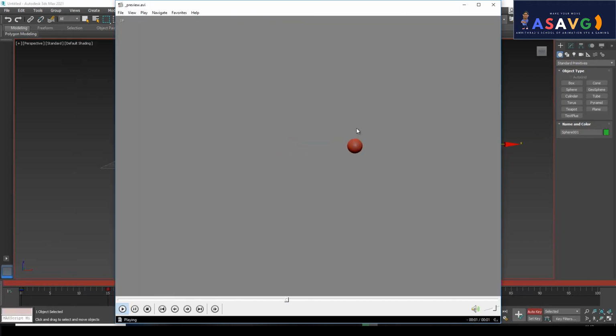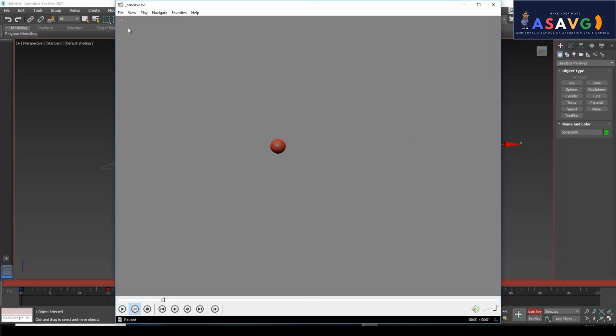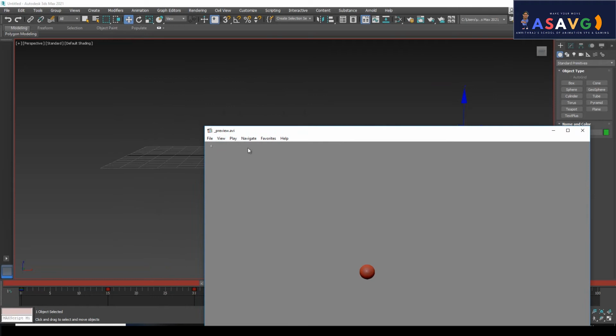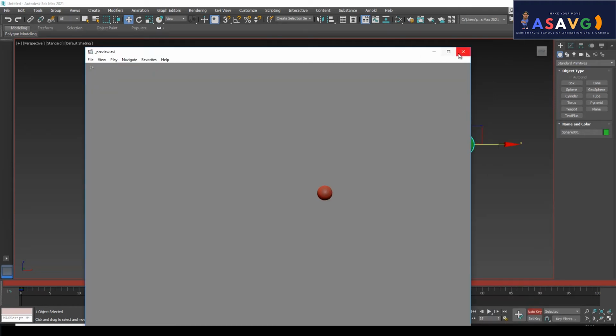Okay, so 30 frames is over. So we can use this player. Which player? Windows Media Player Classic. So this is my first animation that I am seeing in the playblast. Okay, so you can see the frame count over here. Look, 19, 24, you can see, right? 29, 24, 4, 14, like that. So that setting is also there.